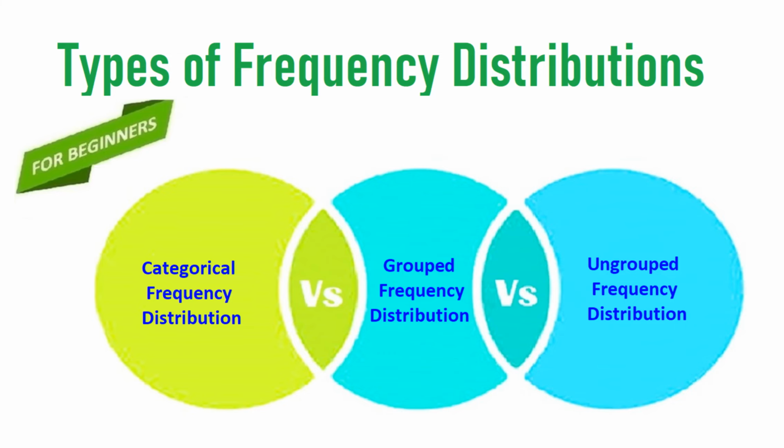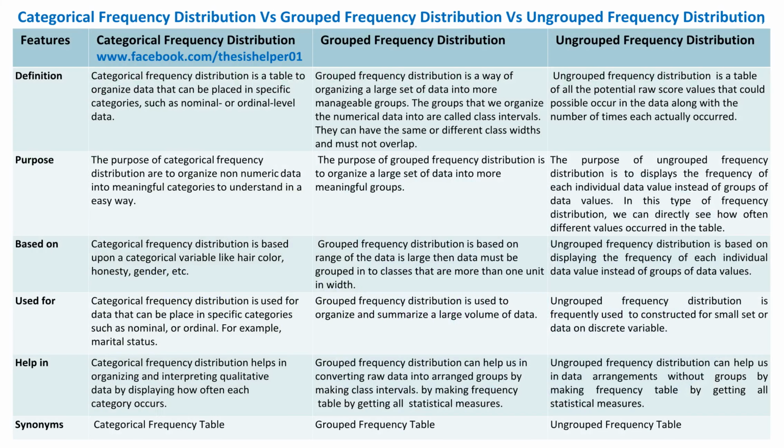Types of frequency distributions. Categorical frequency distribution versus grouped frequency distribution versus ungrouped frequency distribution. Categorical frequency distribution is a table to organize data that can be placed in specific categories, such as nominal or ordinal level data. Whereas grouped frequency distribution is a way of organizing a large set of data into more manageable